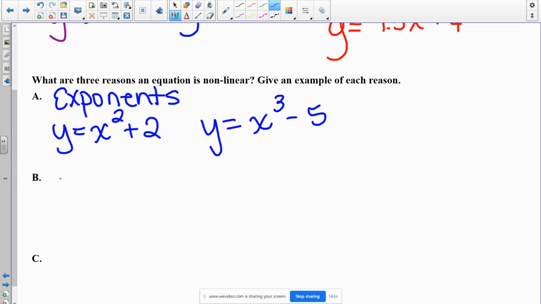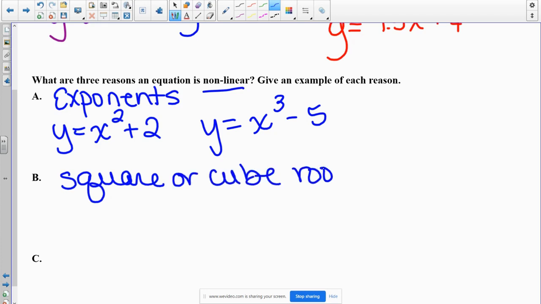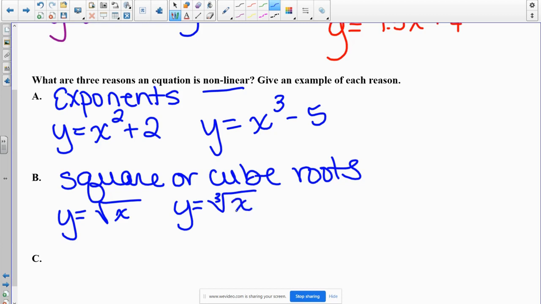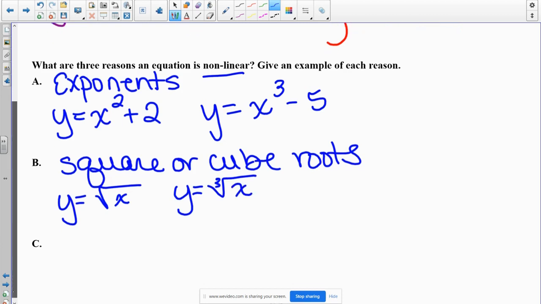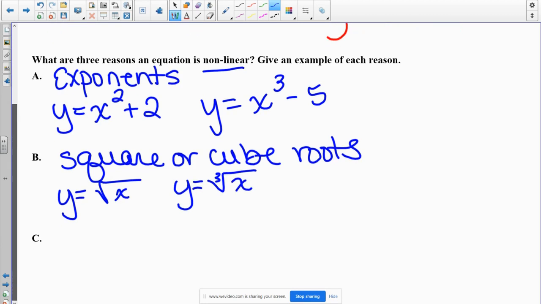No square roots or cube roots. So nonlinear would have square or cube roots. So for example, y equals the square root of x. Still a function, but definitely not a linear function. Or we could do the same thing, y equals the cube root of x. So there will be no exponents, no cube roots, no square roots. And then the last one,